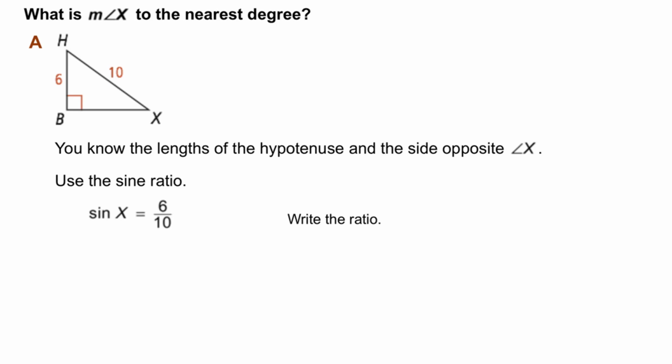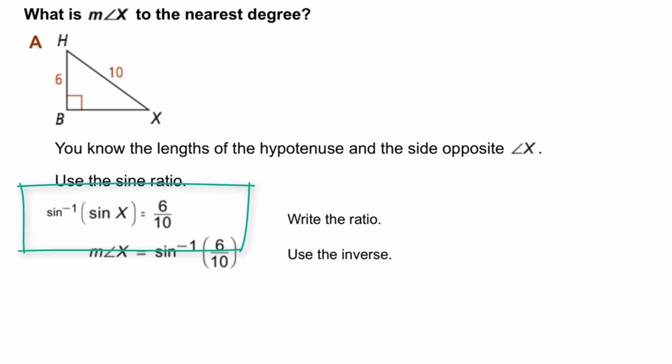sine. Sine of x, notice now the angle is our unknown quantity. Sine of x equals 6/10. So the measure of angle x equals the inverse sine of 6/10. What we're doing here is we're applying the inverse sine to each side of the equation. We're undoing sine of x. But when we do that to the left-hand side of the equation, we also have to do it to the right-hand side. Now we have the measure of angle x all by itself, and that equals the inverse sine of